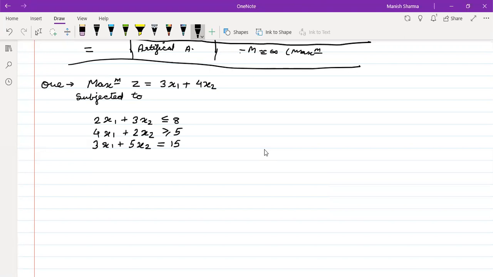Now we need to find the solution to this problem, and x1, x2 should be greater than or equal to 0. What is this called? This is called the non-negativity constraint. So these are constraints, and this is the objective function. If you have a problem like this, first step is, for the solution,